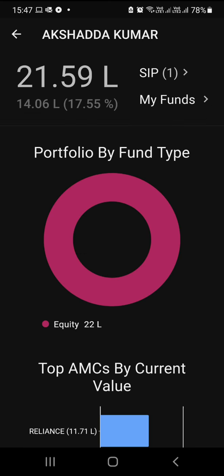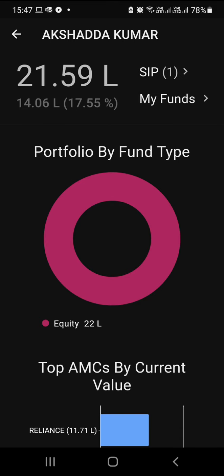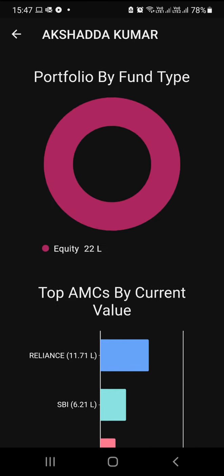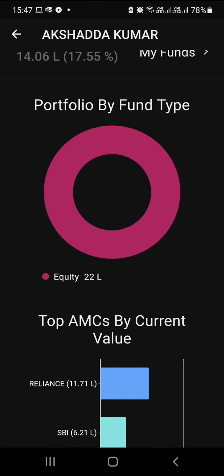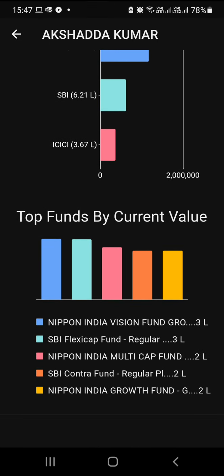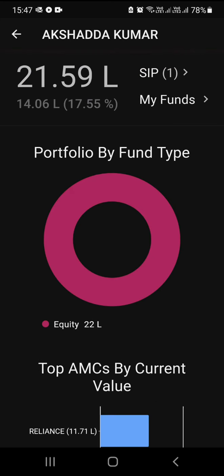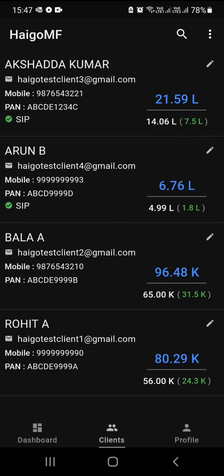So pretty much, once you look at the application, you will have all the data that you need to service the customer, or that the customer would like to see. They will have all the data inside the app: the invested amount, the current amount, and the growth they have. They have the portfolio summary reports, which they can use for tax filing, as well as an overview of their distribution across fund types or AMC types, or whether they have concentrated all the funds in a single fund. These kinds of details will be visible at a high level at a graphical level as well.